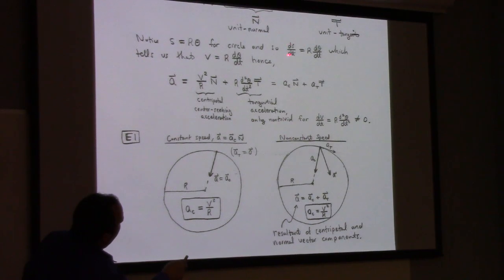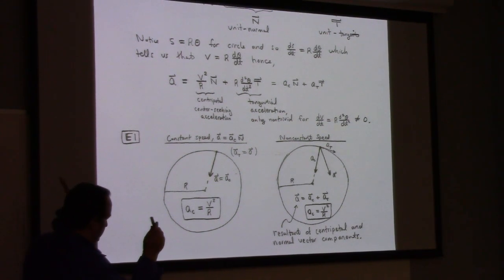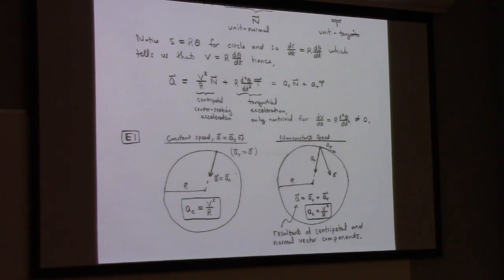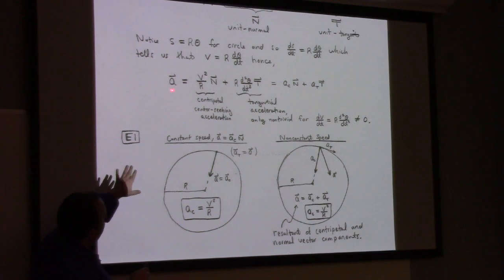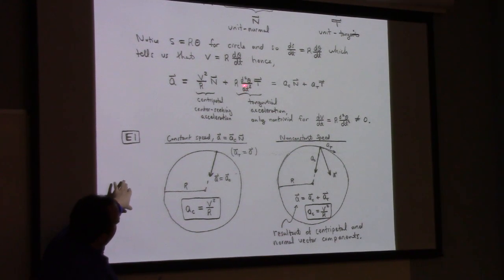Now, since the arc length is the radius times the angle in radians, if you differentiate this, you get ds dt is r d theta dt. So ds dt is the speed, and d theta dt we sometimes call omega. It's the angular velocity, as it's called. But anyway, these are just words for us until later. You don't have homework problems on it. What you do have homework problems on is circular motion, all right? But all you need to know, really, is that the net acceleration is v squared over r plus this piece over here, the tangential acceleration, all right? And this could be rewritten as,